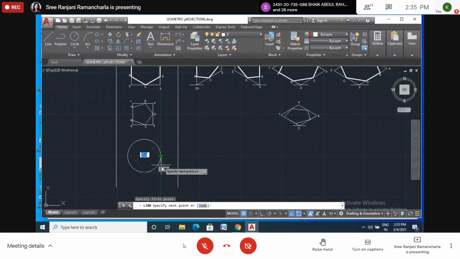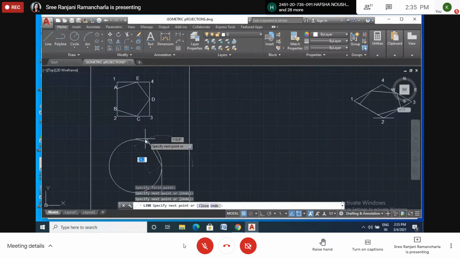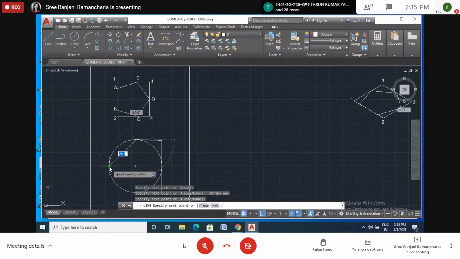Okay, now look at here how I'm drawing the square here. Touching the circumference of the circle.